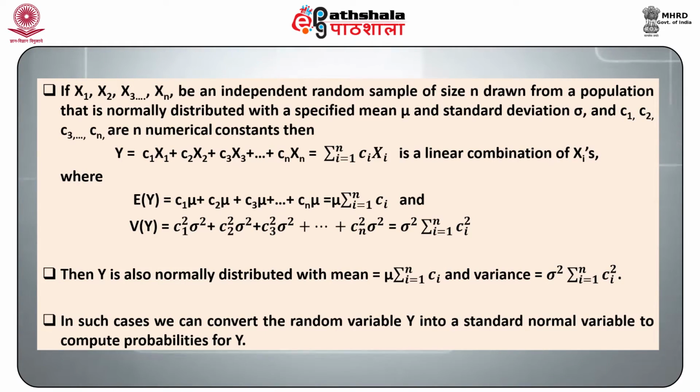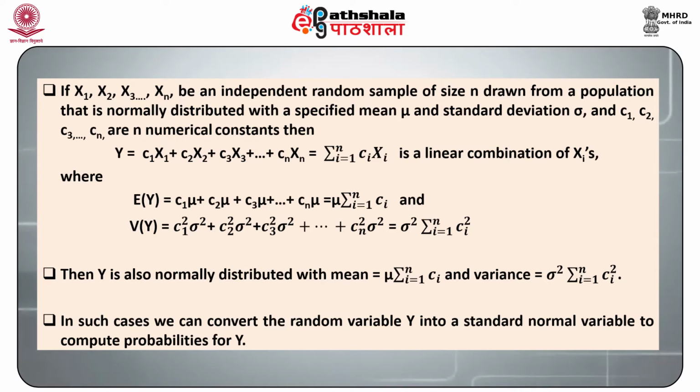Let x1, x2, x3 up to xn be an independent random sample of size n drawn from a population that is normally distributed with a specified mean mu and standard deviation sigma, and c1, c2, c3 up to cn are n numerical constants. Then Y is equal to c1 x1 plus c2 x2 plus c3 x3 plus so on plus cn xn, that is, summation i equal to 1 to n ci xi, is a linear combination of xi's